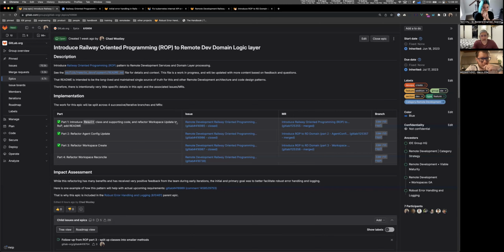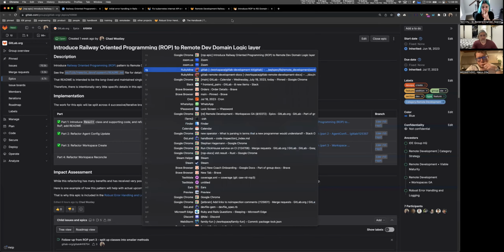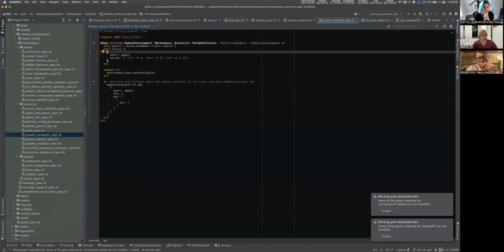And so we had sort of 4 subdomains currently in remote development. There's the workspace update, the agent config update, the workspace create, and the workspace reconcile, which were sort of in increasing orders of complexity. And so we've broken it down. The first 3 parts are done, and I'm working my way through the 4th part here. And to show you what one of the existing ones looks like, let's start with